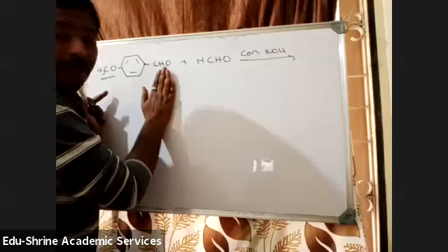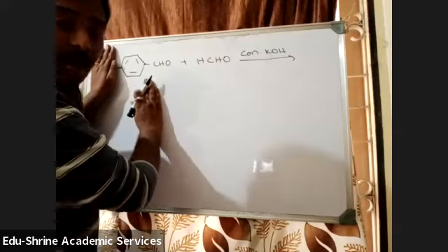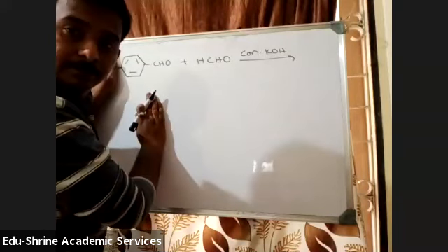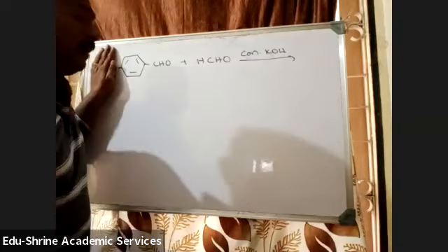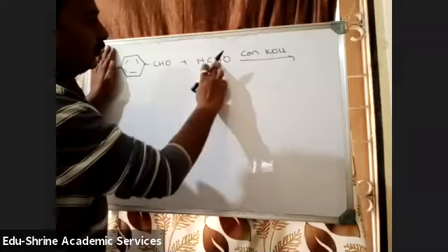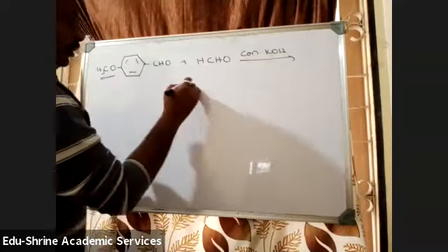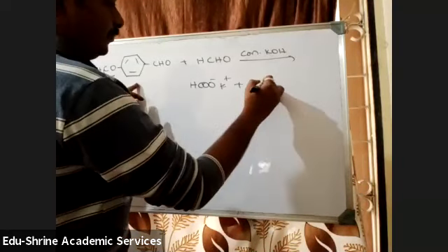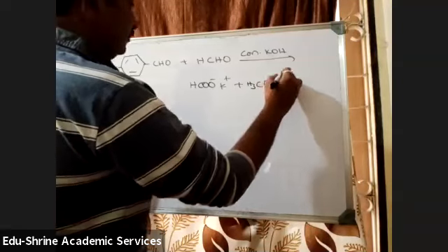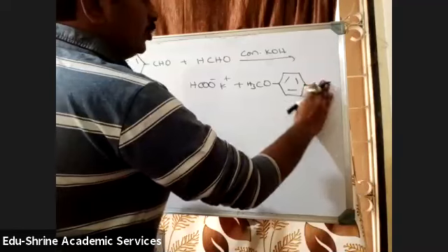So which is going to react? Only this aldehyde is going to react. Forget about this ether. One will be converted into acid, the other into alcohol. So from this you will know that this is a Cannizzaro reaction, because the ether has no part in the reaction. This will be converted into the salt of the acid, and this will be converted into alcohol. So the product will be HCOO minus K plus, and this will be the OCH3 benzyl alcohol, C6H4CH2OH.